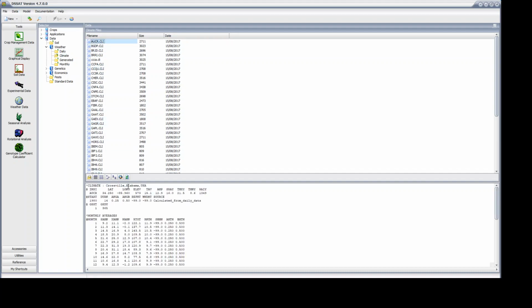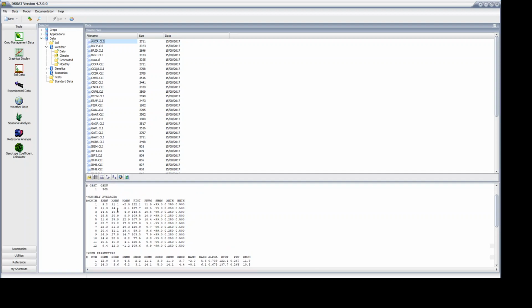It's saying where it was, so Alabama, USA, latitude, longitude, elevation, average temperature, amplitude, and so on. Then you've got your monthly averages, and that's useful to look at. So you might want to look at, for example, your month of the year, and then you've got your SRAD, your TMIN and then your TMAX. So I don't know what they are, so you may have to look up what the names of those variables are. If you can pick out and distinguish maximum and minimum temperature and rainfall, and you can look at these,